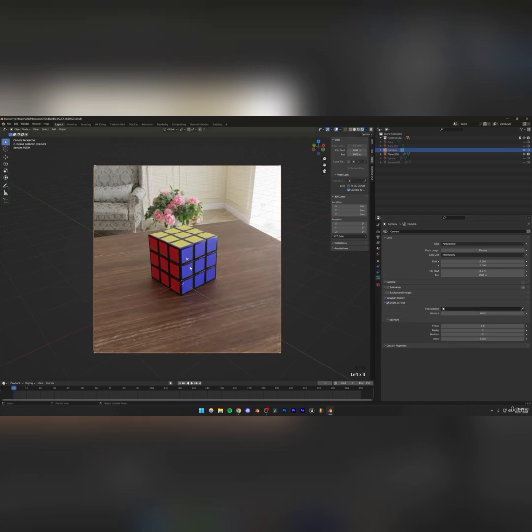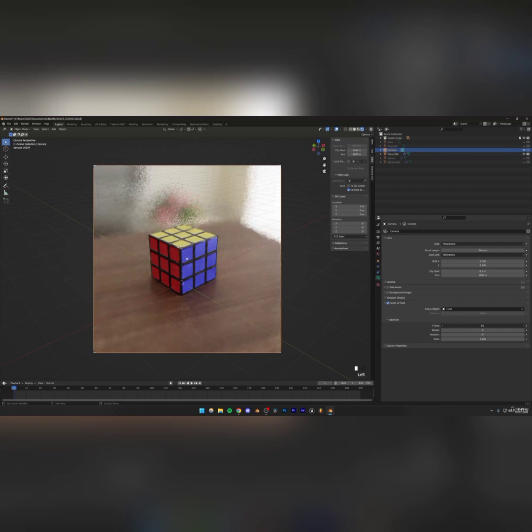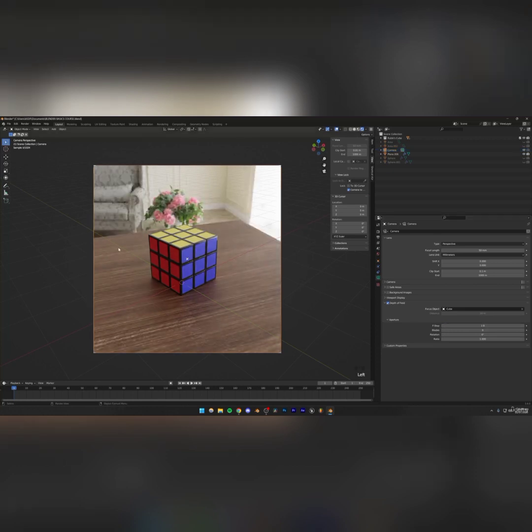And now we have to select a focus object, and that focus object in our case is going to be this Rubik's Cube. Right now you're going to see that the background becomes slightly blurred. However, if you want more blur, you can turn down this f-stop. If you bring it to 0.1, the depth of field becomes very shallow. However, if I set it to something more realistic, something like 1.8, you're going to see that it looks